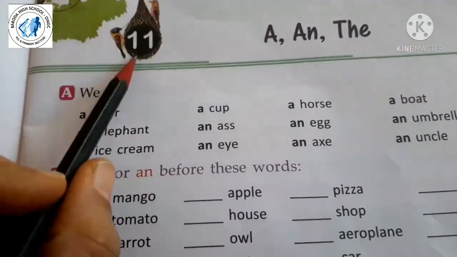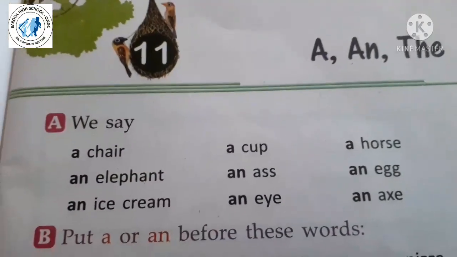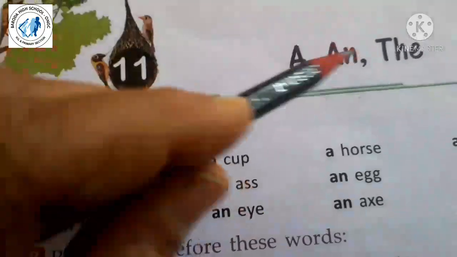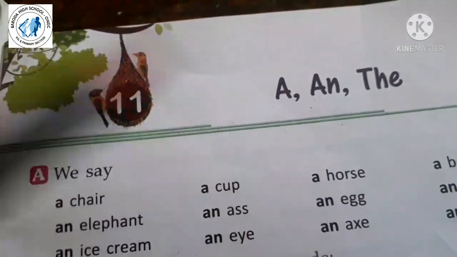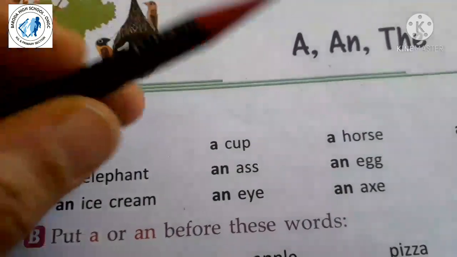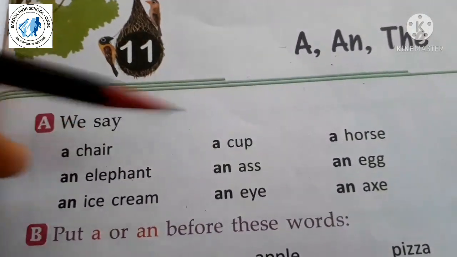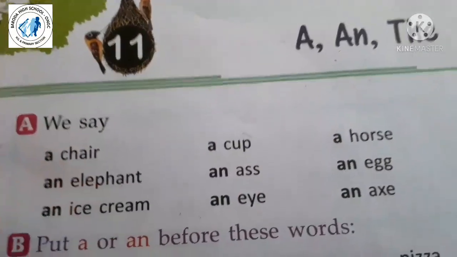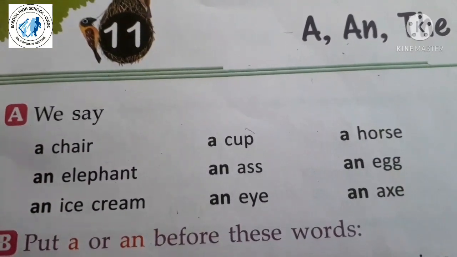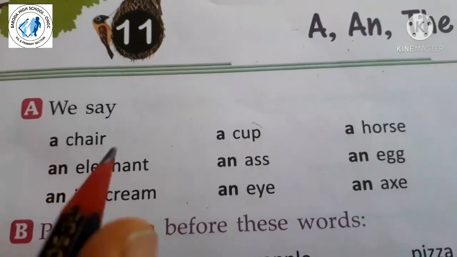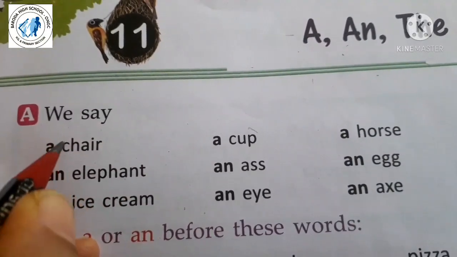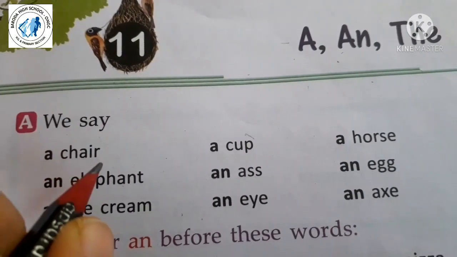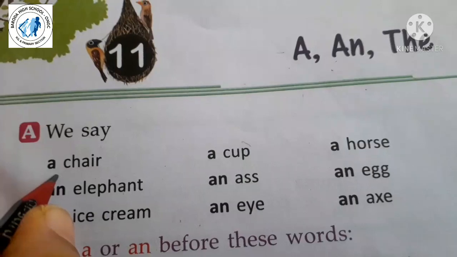Okay, students, open your grammar textbook. Lesson number 11, A and The, on page number 29. You all have already seen in the video where we use a and the. Again, I am explaining that we use a before a singular noun when the word starts with a consonant sound. Right? In the alphabet A to Z, the words which start with a consonant sound. Before that singular noun we put a.